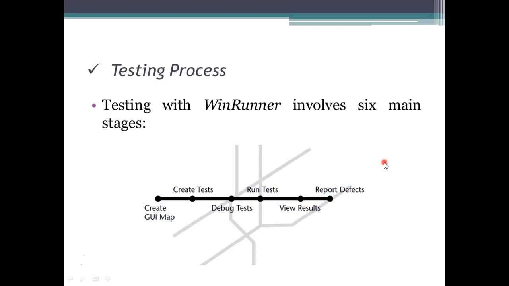Coming to the next one, after knowing the application chosen for processing, we need to create a test. Creating a test simply means test script writing or test script creation.